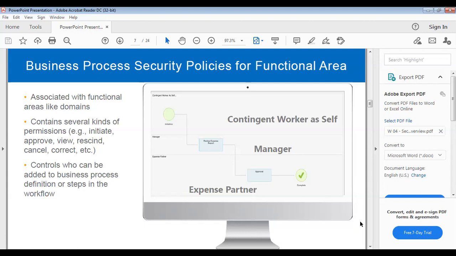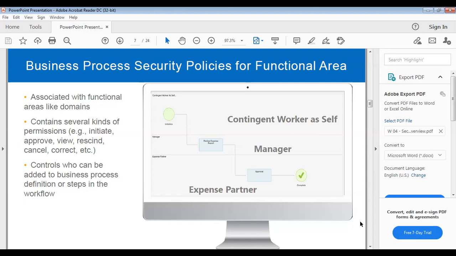So where we will be acting or initiating any type of process, some users will be providing their approvals, some users will be acting on a few of the steps, and some users can revert the process. Yes or no? Yes. So not every user can act on that. Not every user can initiate the process. These are related to the business process security policy function area.